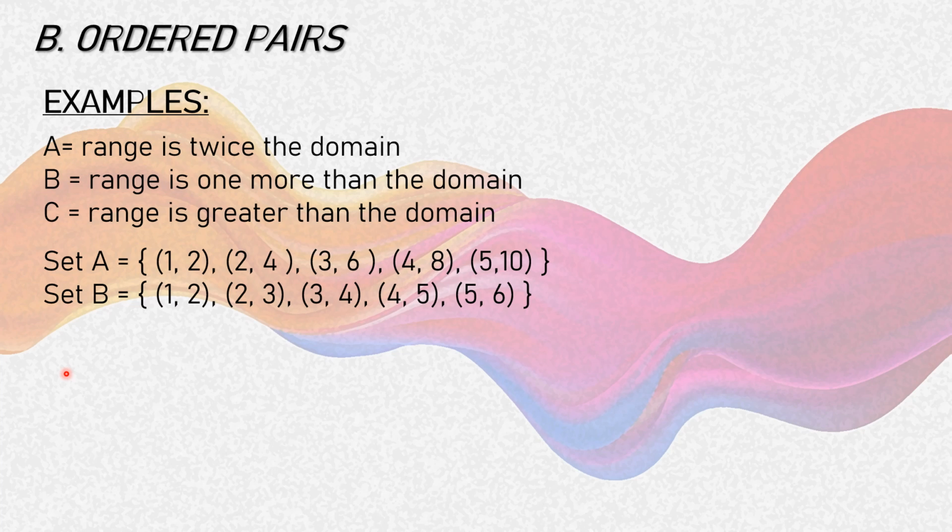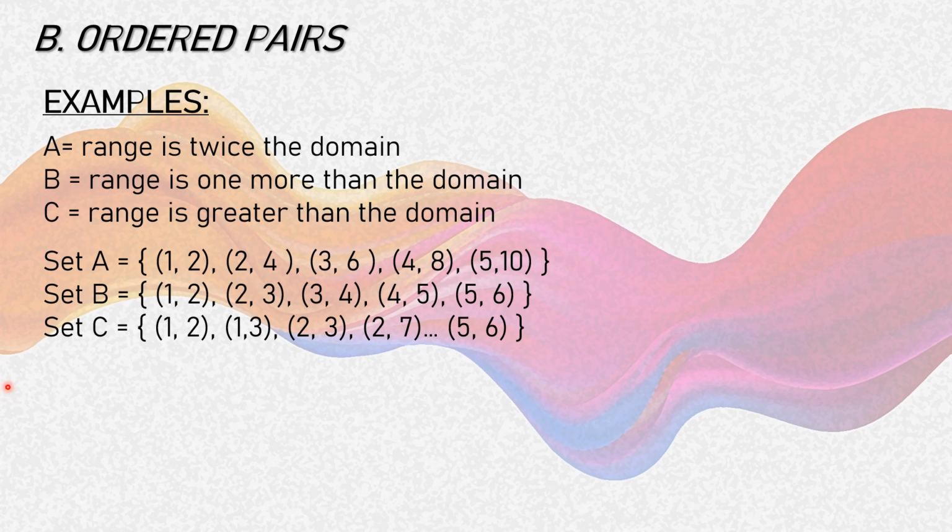Next is the set C. Range is greater than the domain. So ano ba yung mga numbers na greater than sa 1? So that is 2, 3, 4, 5, 6, and so on. So, pwede natin gamitin ang mga ordered pairs na (1, 2), (1, 3), (2, 3), (2, 7), (5, 6), and